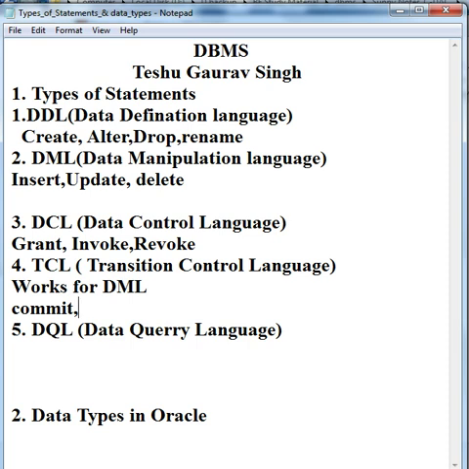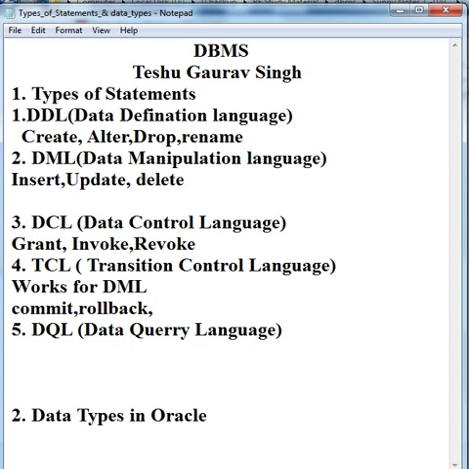Okay, for committing the DML commands, for fixing the DML commands, I use the commit command. And the rollback command is used to undo the DML commands. Suppose for an hour I have done 5 insertions, 2 updations and 1 deletion, and suddenly I find that I have done wrong DML commands and I want to roll back, come out and undo. Then I can use TCL commands, and in TCL I can use rollback.